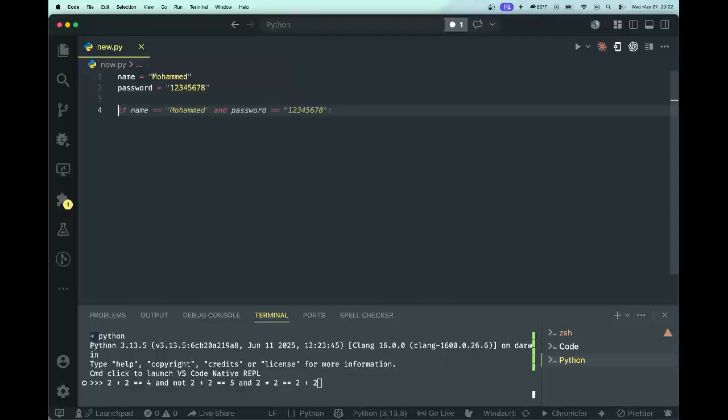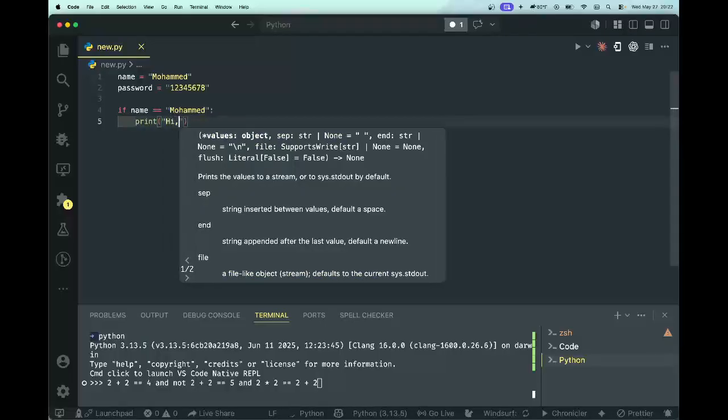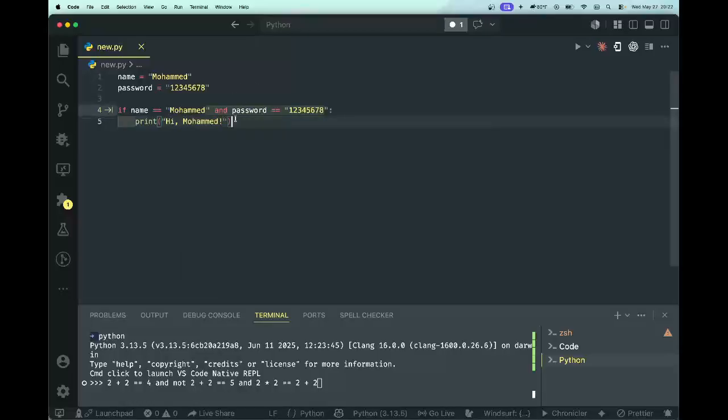Now I will invoke the if statement. All right. So if name is equal to Muhammad, you should print hi Muhammad. Okay, good. Now when it prints hello Muhammad,